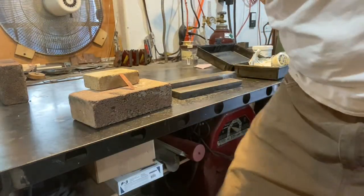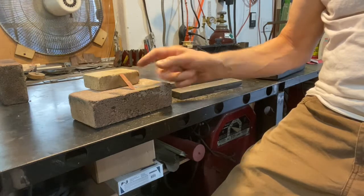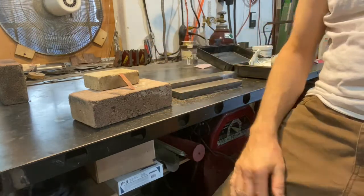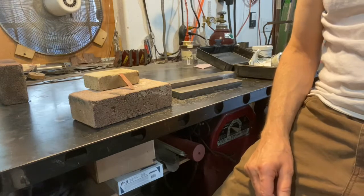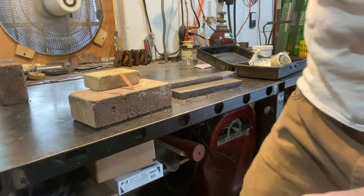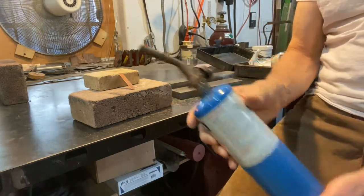So here we are again. There's our piece of copper, and you notice I have it leaning up against the brick. It's not laying flat. At school we have some little racks too. Basically, I would spend more time because the brick would soak up so much of the heat. At school, we have soft brick, which absorbs less of the energy of the heat, so you could probably lay it flat there. You just want to be careful if you're leaning like that, not to overheat it